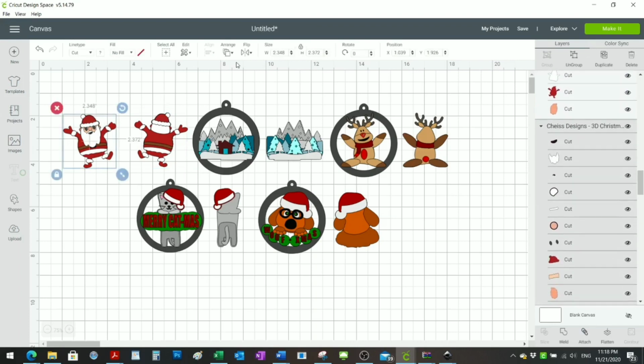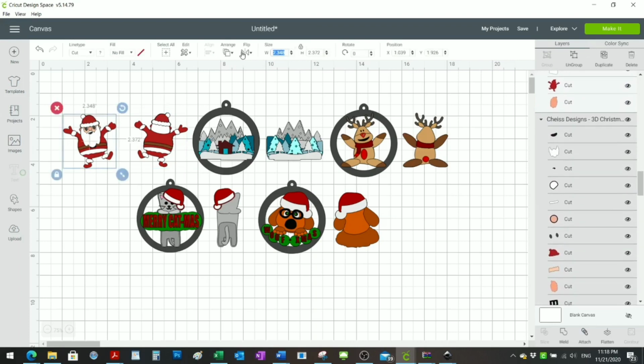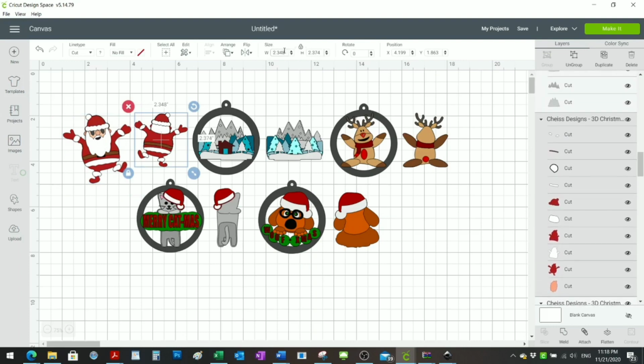So I'm just gonna do it right here, and then I will have to do the same with this one, like this, so that way I know for sure that my Santa Claus is gonna fit my plastic ornament. So now if I want to add different things along with my Santa Claus, then I'm good with the size that I selected,